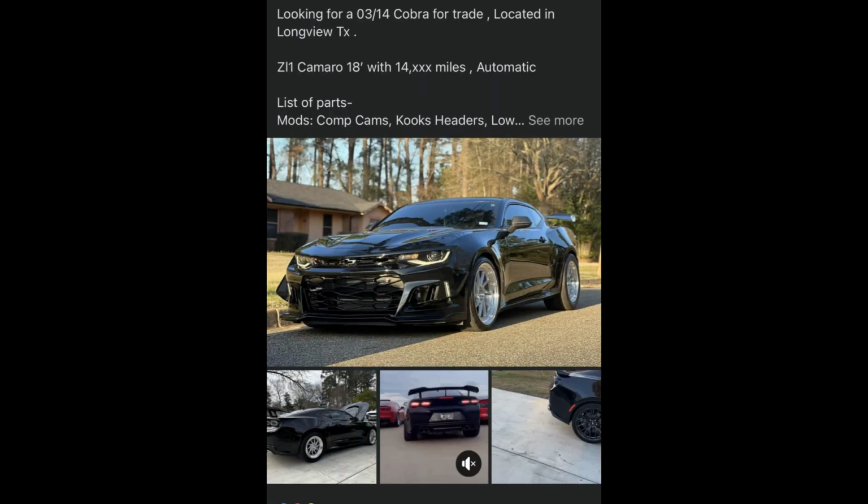There's a little more info on the car. Now, completely switching gears, we have a ZL1 Camaro. It's a 2018 with 14,000 miles. Looking to get an 03-04 Cobra for trade, located in Longview, Texas. List of parts, mods, Comp Cams, Kooks headers, and this is another one where I forgot to expand the rest